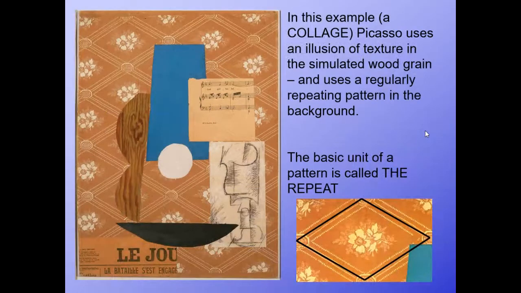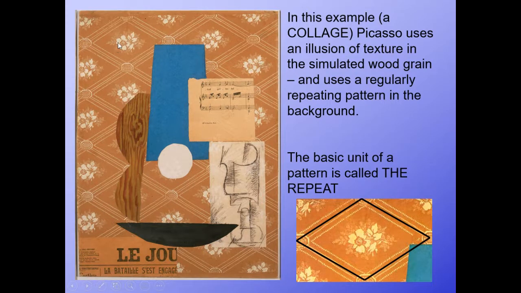A technique that we associate quite often with Picasso, and also with different artists who rely more on combining different elements together, is the idea of collage. Collage is cut and pasted paper or other flat-ish materials. But the reason I wanted you to see this particular collage by Picasso is that it contains an illusion of texture. That wood grain is actually wallpaper that he cut and pasted,